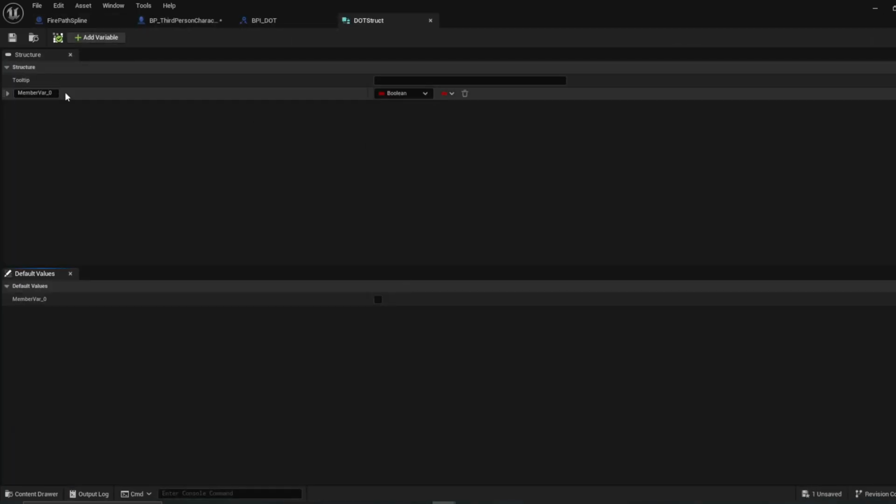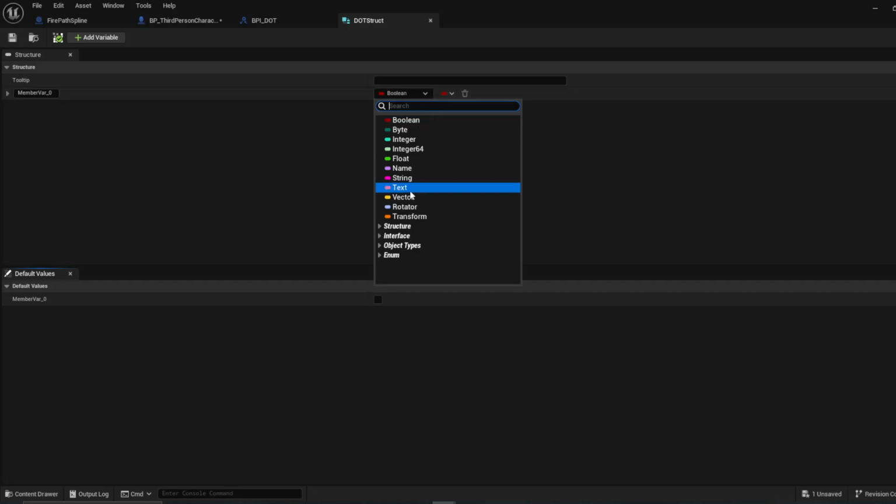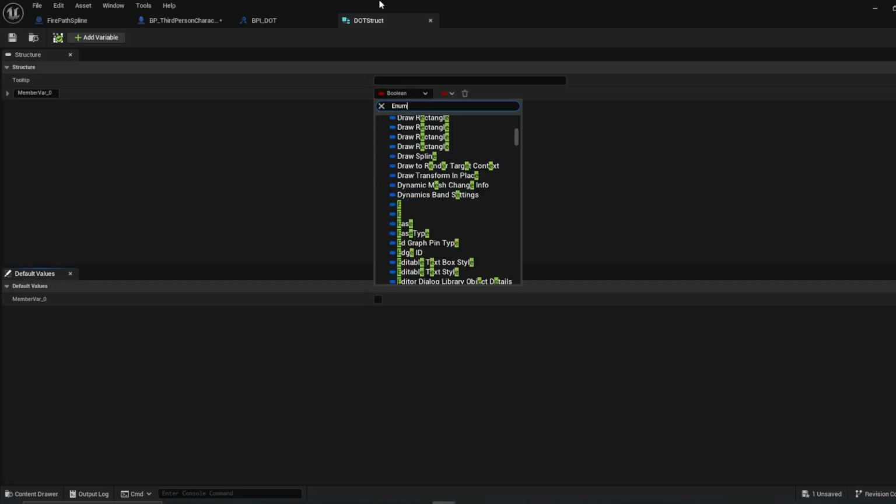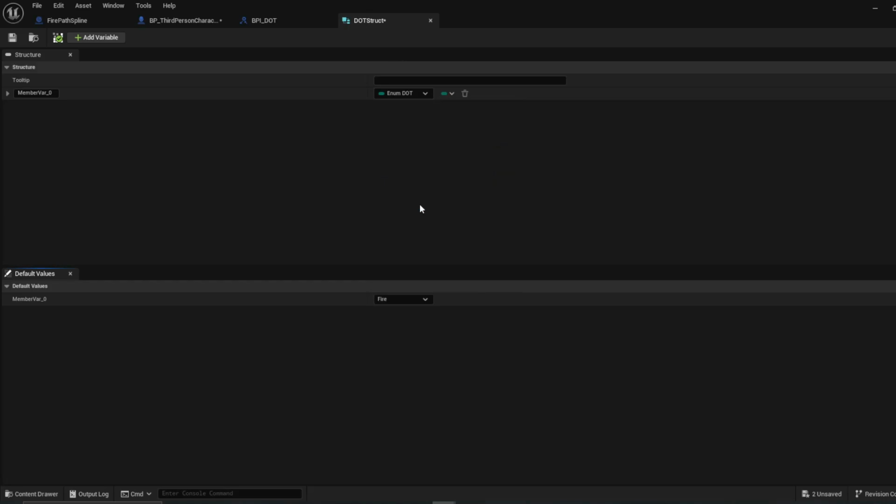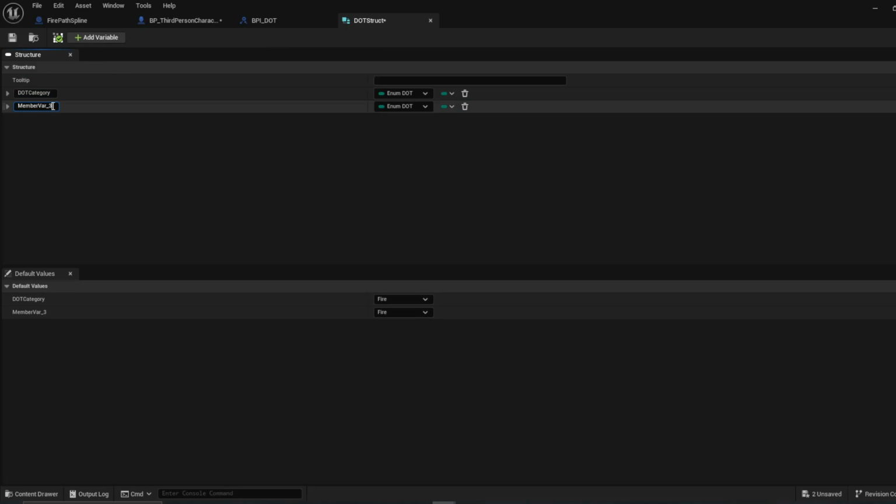Gonna need a couple of things here. To start with, we can use the enum. Let's do